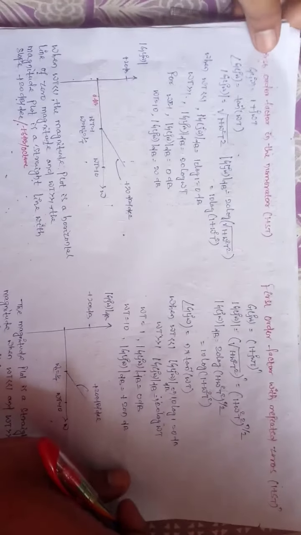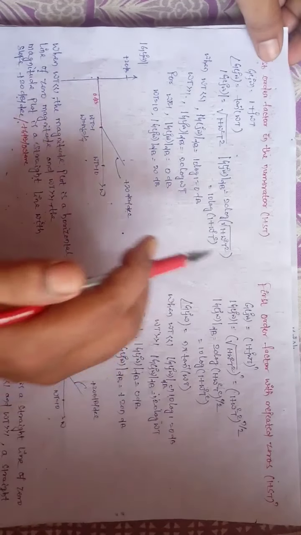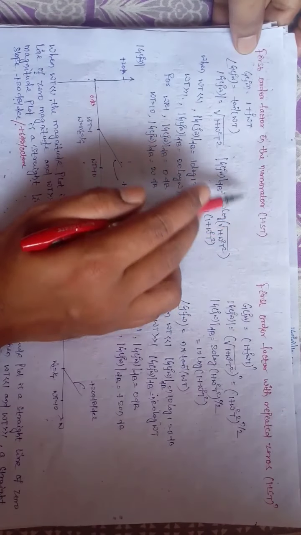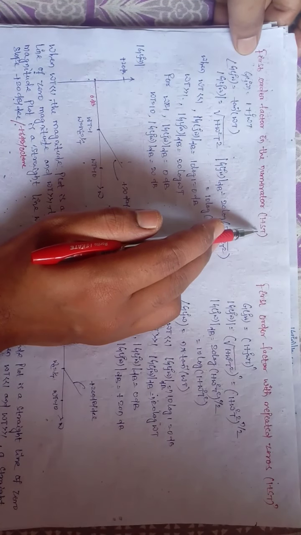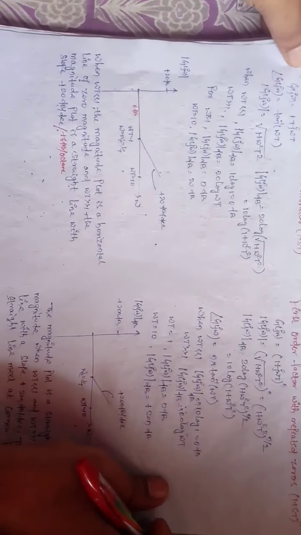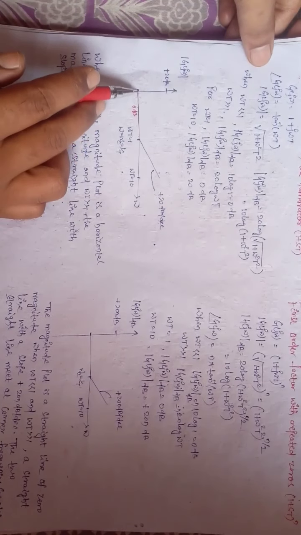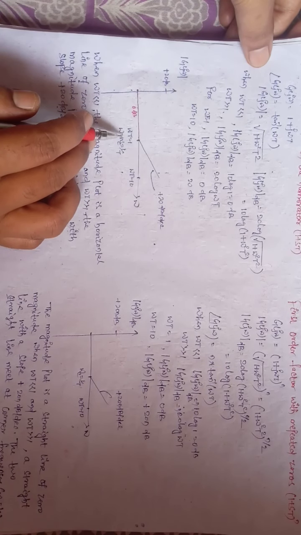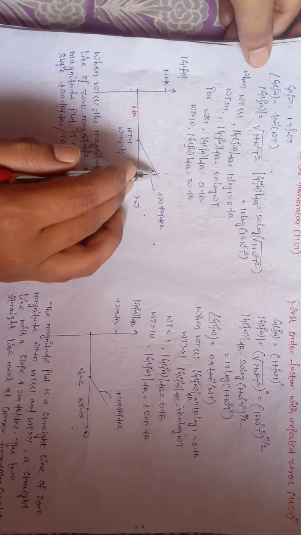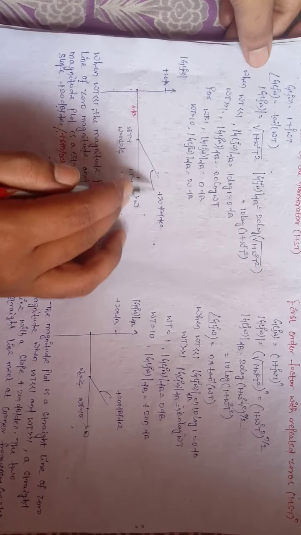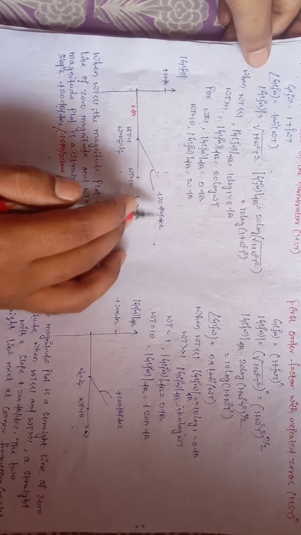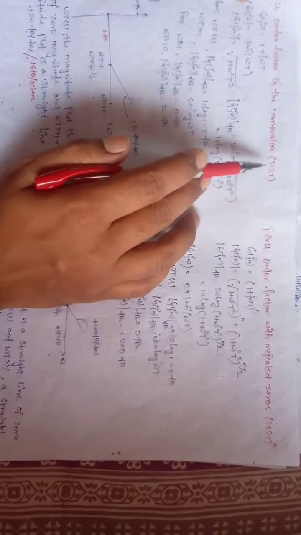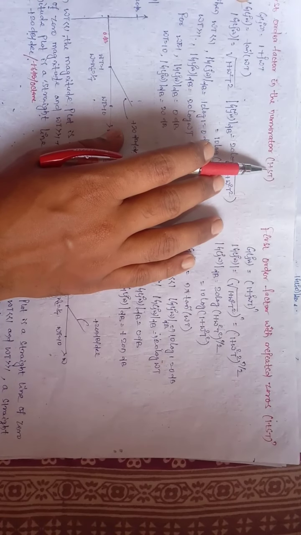In the last video I told you the Bode magnitude plot for a first order numerator, that is 1 plus st. Its magnitude plot is basically a combination of two straight lines: one is a 0 dB line up to the corner frequency, and after the corner frequency it is a straight line having a slope of plus 20 dB per decade. So let us move to the next factor.